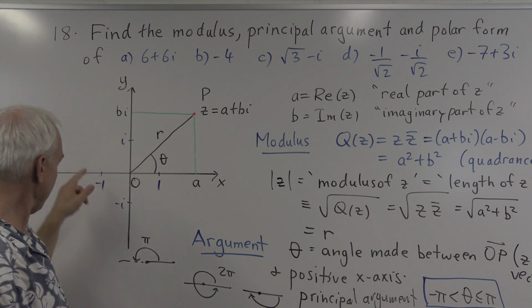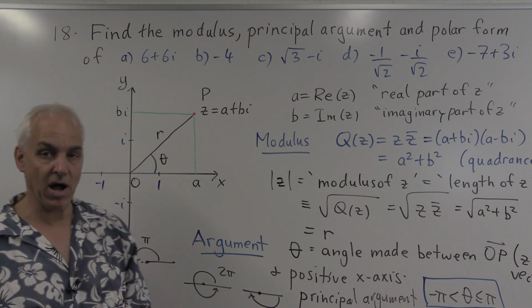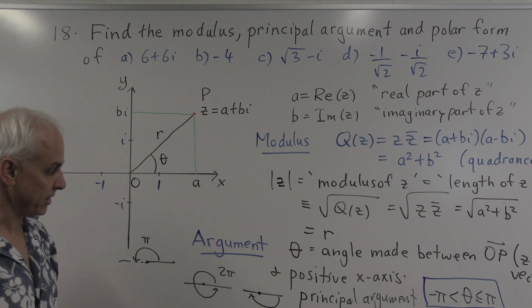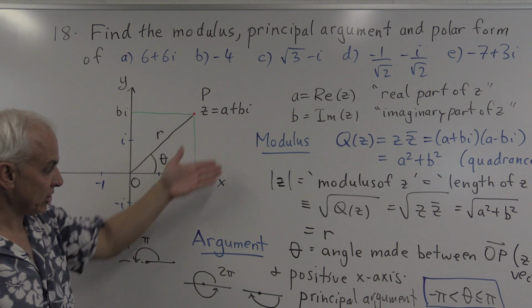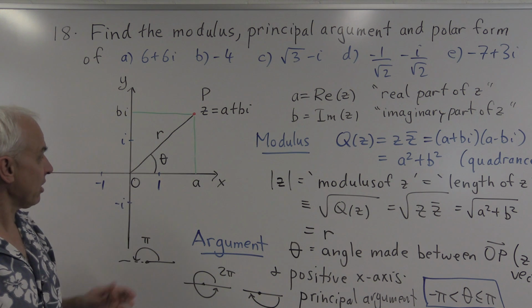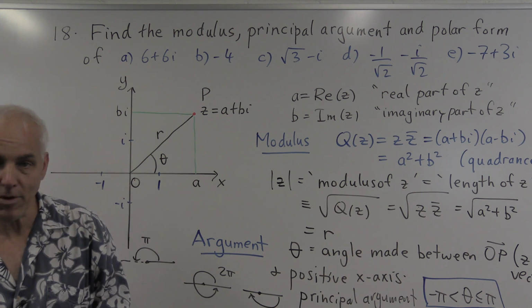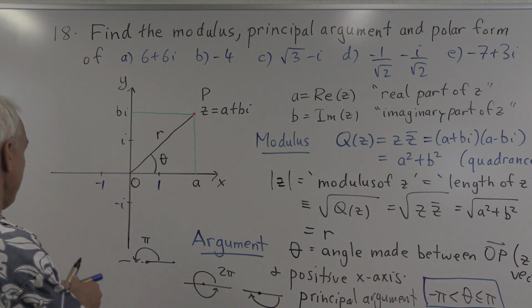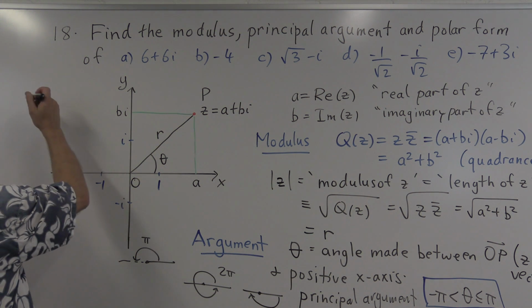And if we're actually in that negative direction, we're going to say that that's pi, not minus pi. There's a bit of possible ambiguity there. All right. So these are conventions, modulus and argument, and now we can talk about the polar form of this complex number. Maybe we can write it here. So the polar form